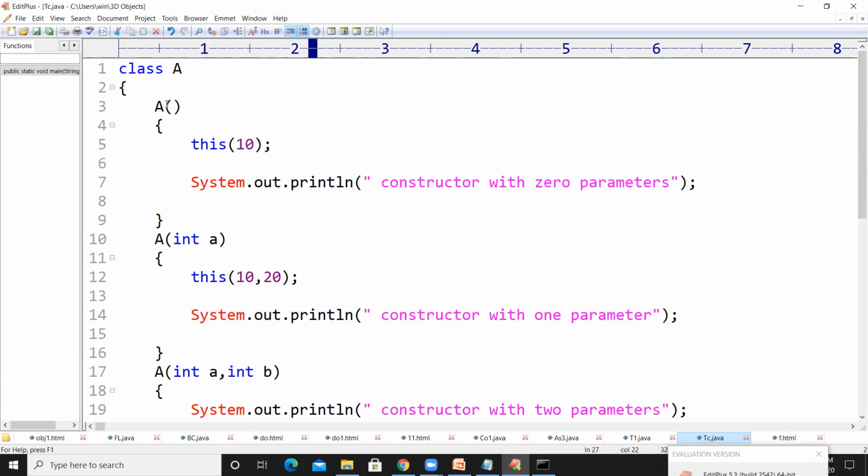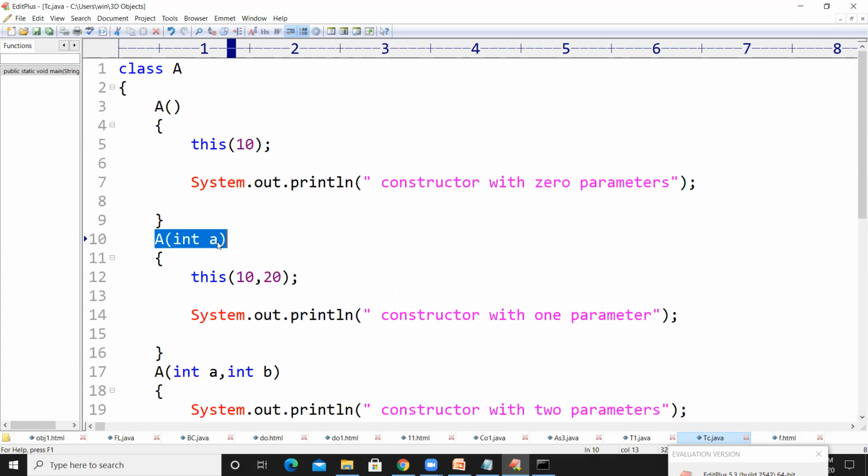Whenever we execute this constructor, immediately we find a statement this of 10. This of 10 means we have to execute another constructor of the current class which takes a single integer value as a parameter.